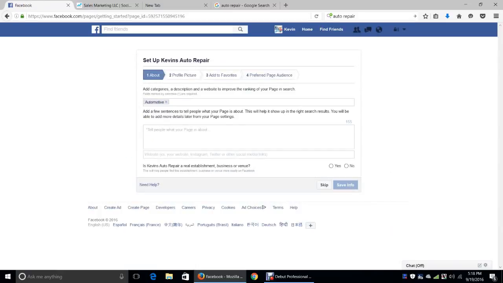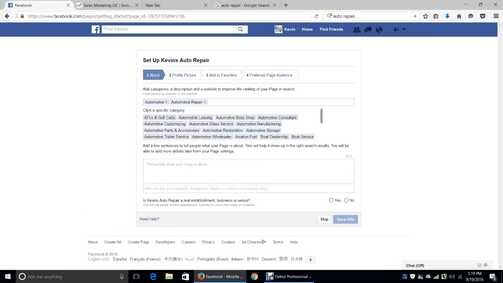Now, the second page, it's going to ask us to add a category description right here. So right here we know we're in the automotive category, but I'll bet there's an auto repair category, and here it is right here. Automotive repair or automotive service. We'll just say automotive repair, and you could add more and more accordingly. Then down here, tell people what your page is about. Now I'm just going to put in